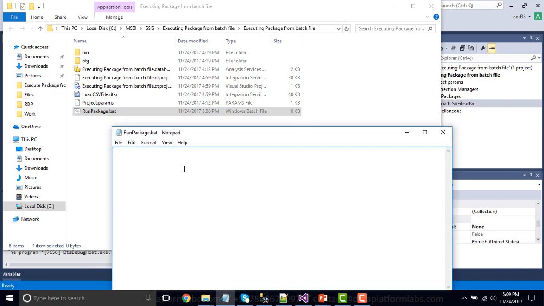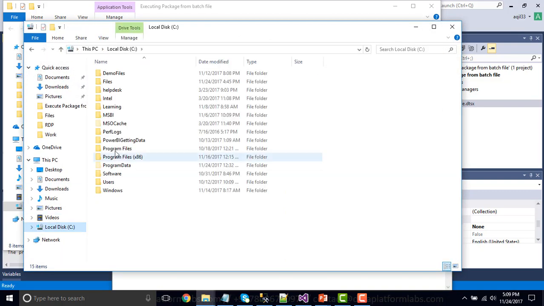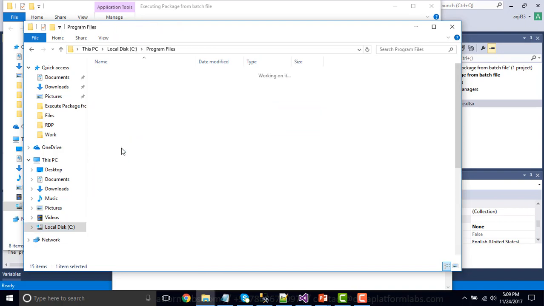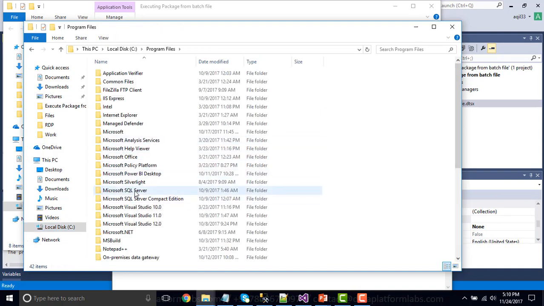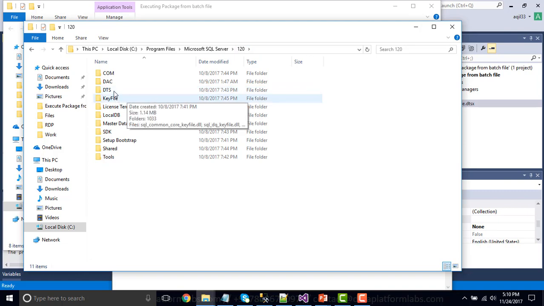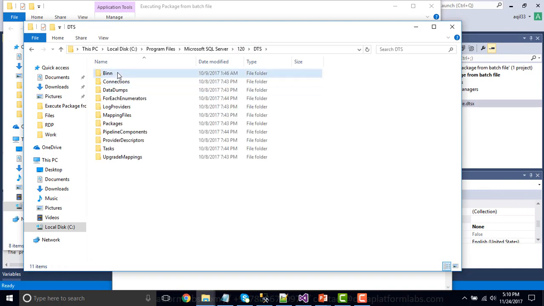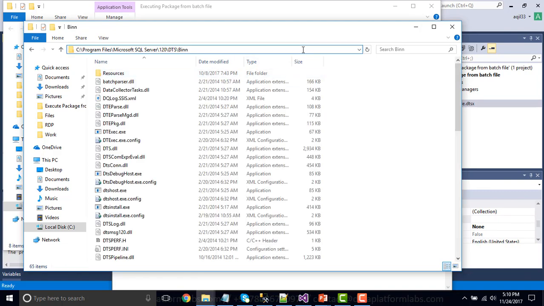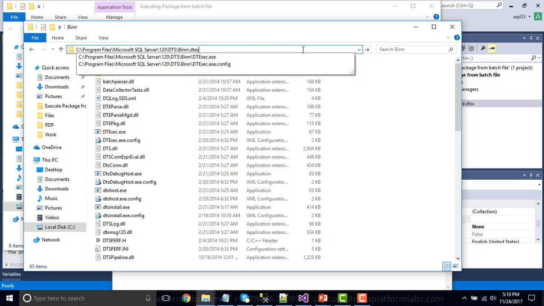Now right click and edit this particular batch file, and in the first line we actually need to provide the location of the dtexec file. So you just need to go to C drive, and then under the C drive go to Program Files, Microsoft SQL Server, and then the version that is installed on the machine, and then the DTS bin, and then there should be a file dtexec.